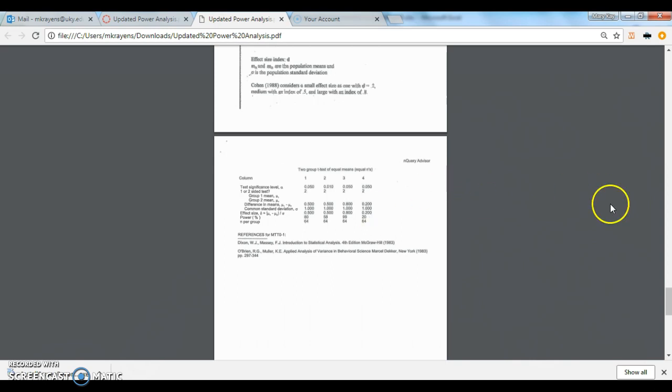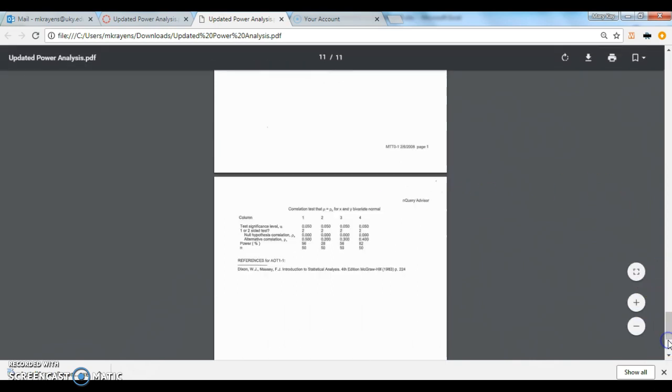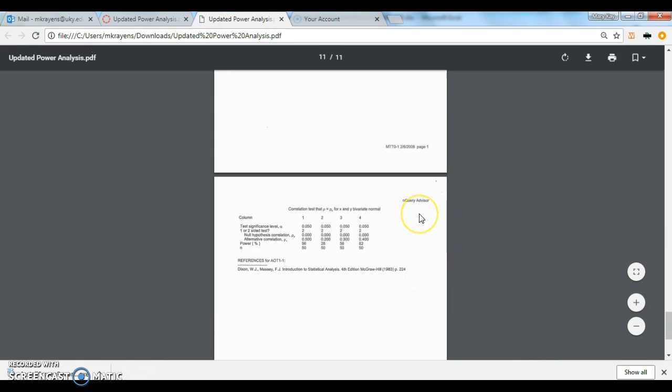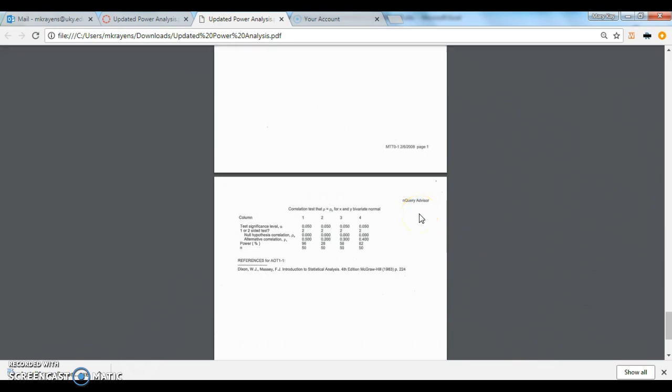Finally, the last little bit is just, this is a test of correlation that I can also get the estimate of using Enquiry Advisor. And you can see